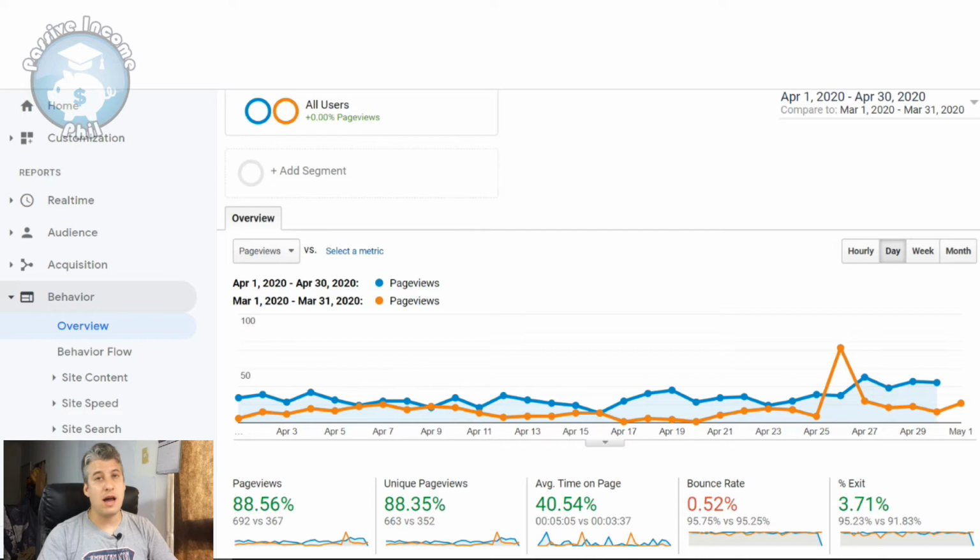This is a site that I set up in the end of October, and it's currently bringing in, in the month of April, 692 page views compared to last month, which was 367. So the traffic is growing, and it's actually growing at more or less the right sort of speed for income score. It's perhaps a little bit under the predicted page views for month 6,